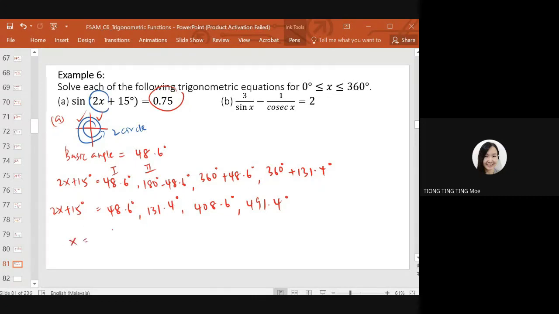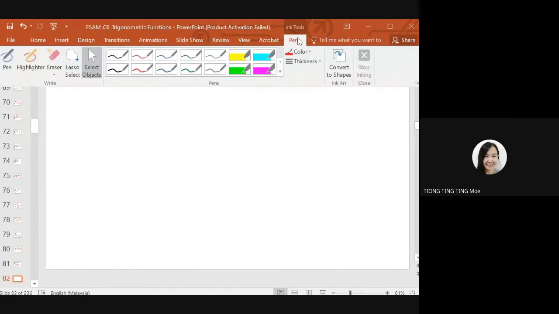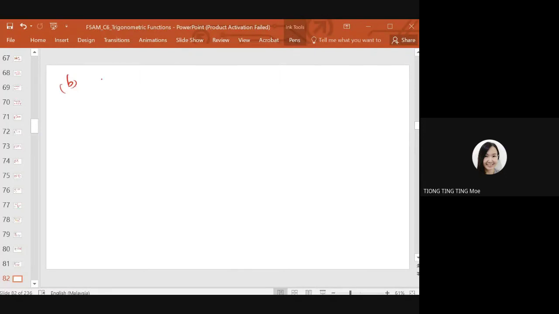So after this, you have to minus 15 and divide by 2, everyone minus 15 divide by 2. So finally, you get your values for x: 16.8 degrees, 58.2 degrees, 196.8 degrees, and 238.2 degrees. Okay, then B. 3 over sine theta minus 1 over cosec theta equal to 2. So you see cosec, sec or tangent, straightforward, we change to sine, cos, tangent first. Okay, so 3 over sine theta minus 1 over cosec, which is 1 over sine theta. So move, go up again. 3 over sine theta minus